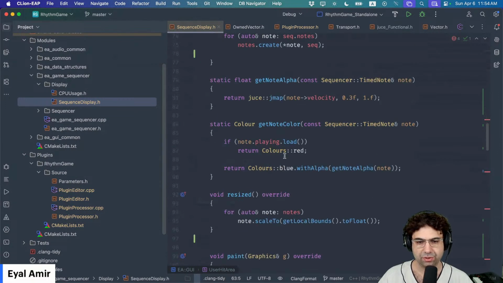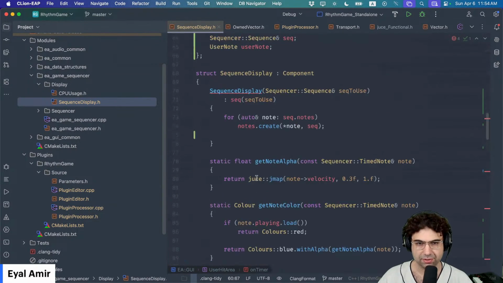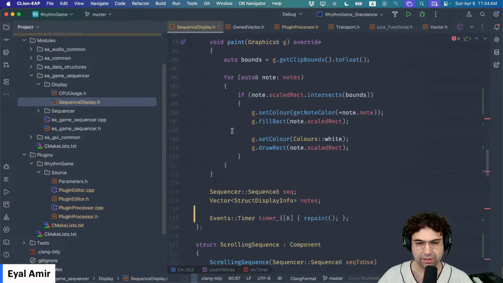Do I even need to repaint this? I don't even need to repaint here. I'm just going to scale. This would repaint the child component. And here,